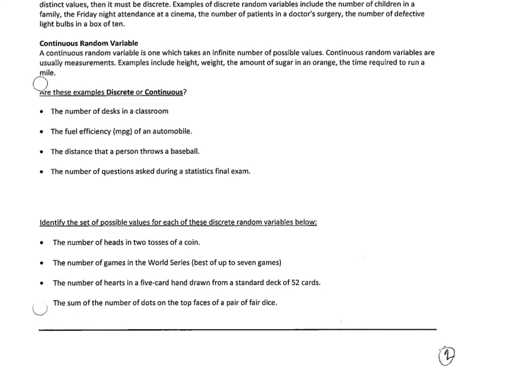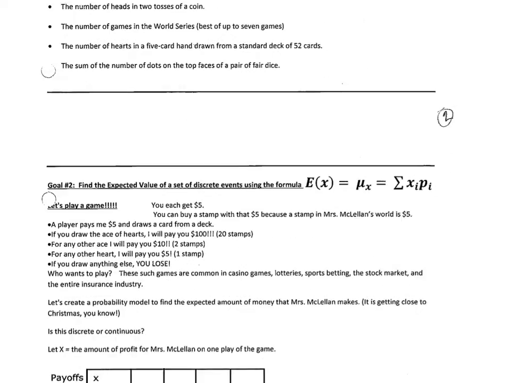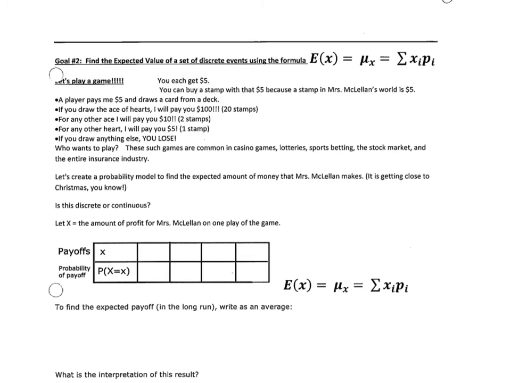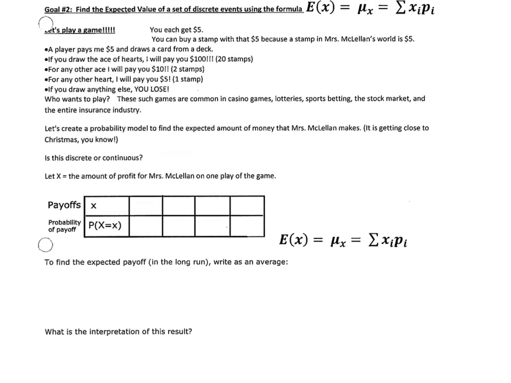All right, and then we had gone through these ones yesterday as well. So let's review that other little activity that we did, which was when I had given you a $5 bill, and then we were betting. So let's fill in our results. Remember, the X is the possible winnings for Miss McClellan, and you give me 5 to play, and I get to keep it if you get something else. How did we do yesterday? Oh, we started off with the negative. Okay, so we'll go ahead and do that.